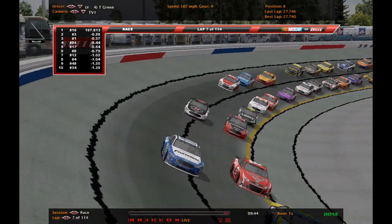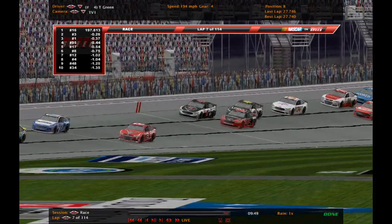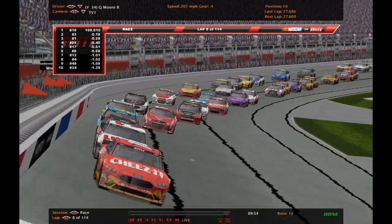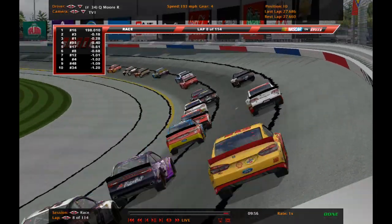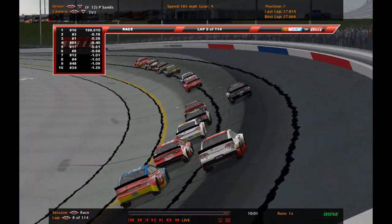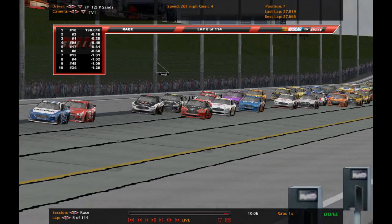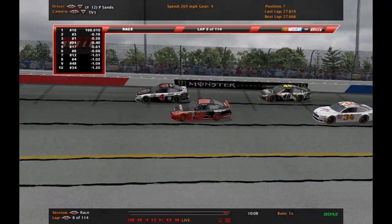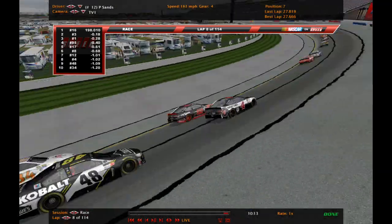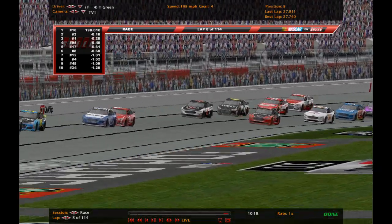And now Tony Green really working this high line to get by Peter Sands. John Arndt sitting there in 9th, and another rookie, Quentin Moore, in 34, sitting there in 10th. Right now, though, Sands and Green continuously working side by side here around that Atlanta Motor Speedway. Quentin Moore will make his move to the inside of the 48. It looks like the 4's got a better race car than the 12, and he's just managing to hold on